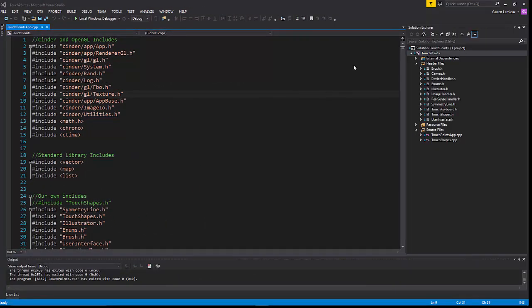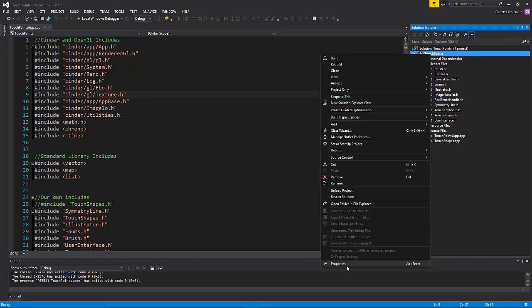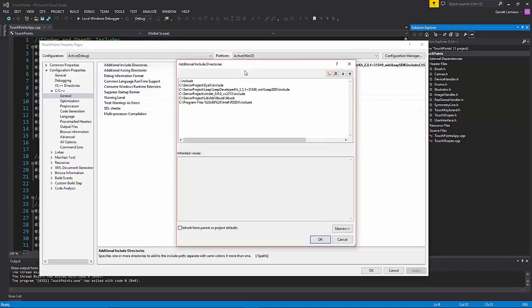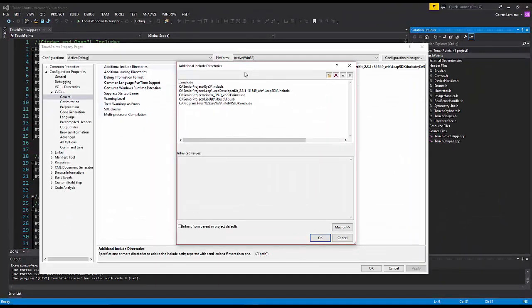We are now in the Touchpoints app project. We need to link all our libraries to the C++ program. So what we need to do is go to Touchpoints in the Solution Explorer, right-click, Properties. As you can see, we're in Configuration Properties, C++, General. We need to edit the additional include directories. Edit. All these include files must be added to this section. It includes iX include, LeapMotion,